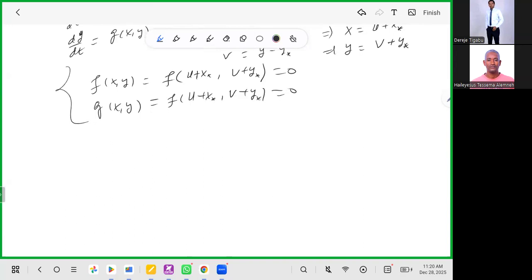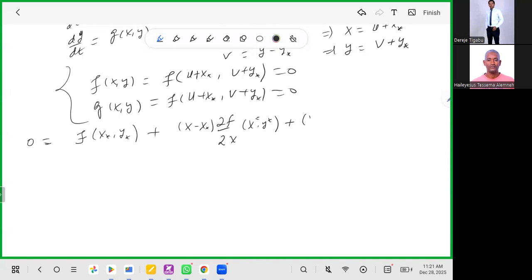So 0 is equal to, for instance, applying it to the first one, 0 equals f of (x star, y star) plus (x minus x star) times the partial derivative of f with respect to x evaluated at (x star, y star)